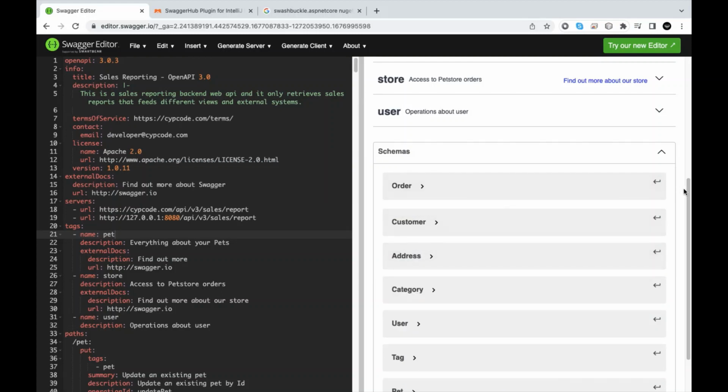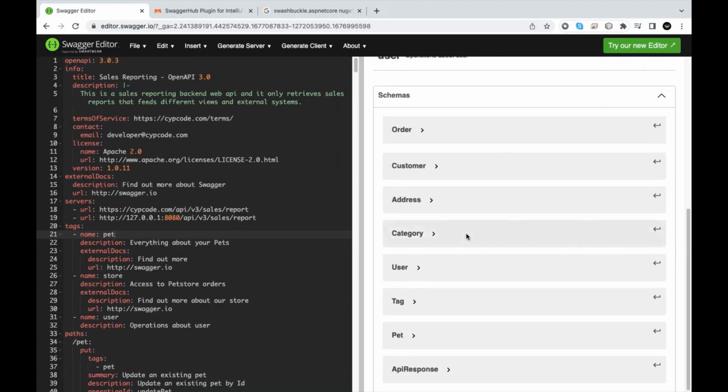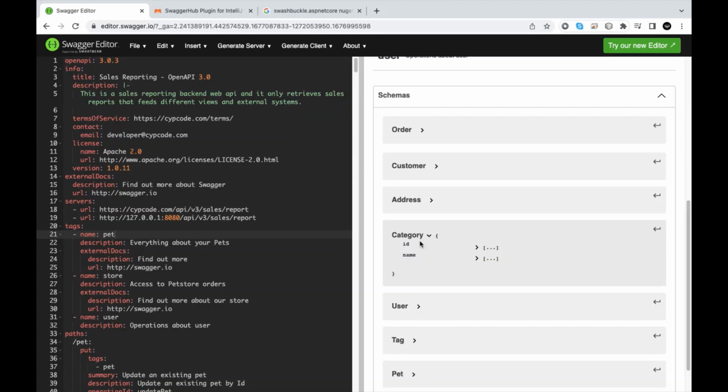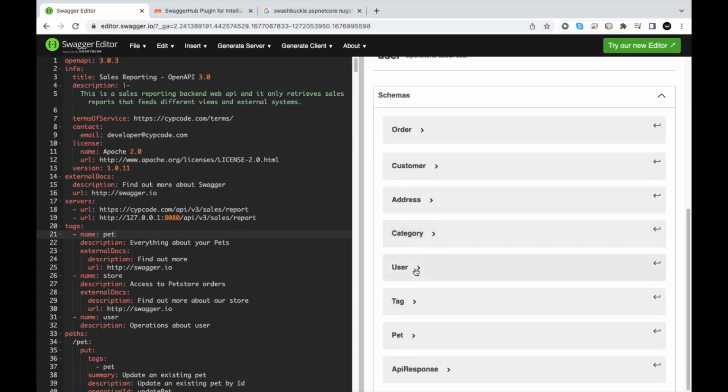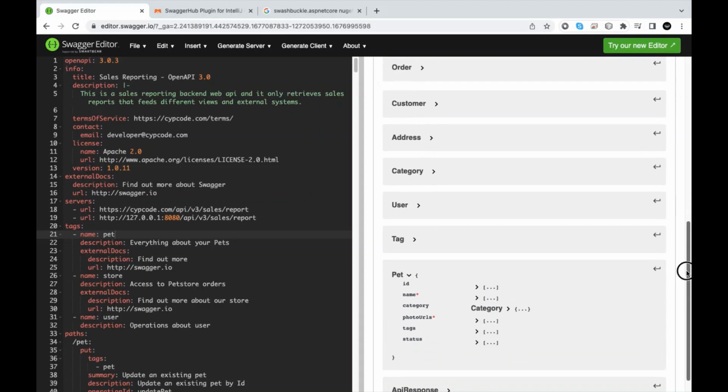So the schemas are the objects that you interact with, and the definitions of what they are and how they look. These are what you are going to need to know and understand, because